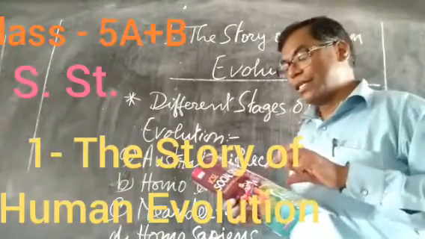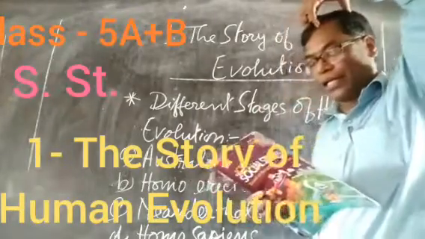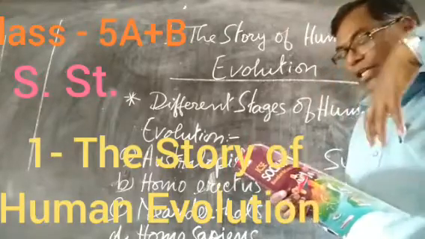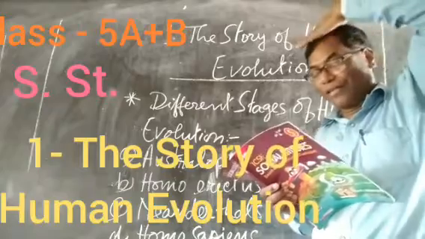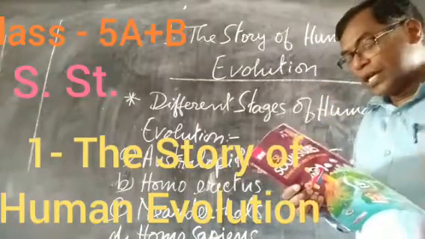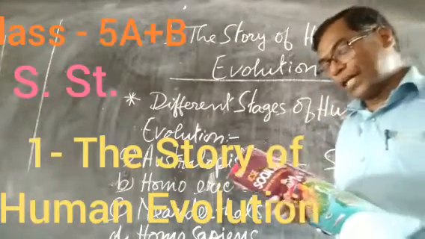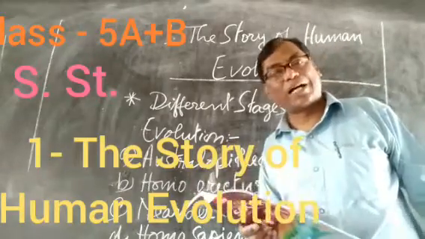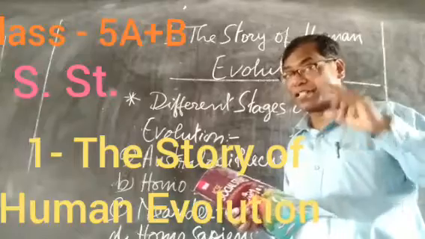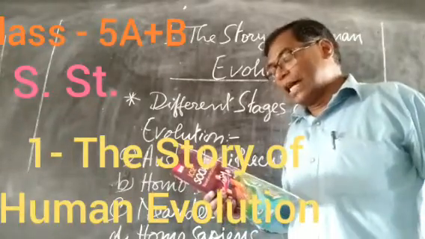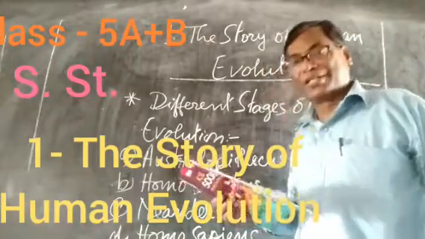Their skulls were thicker. At this stage, the human skull was thick and less rounded on top. Now we have got the round one, but in those days they were flat, maybe pressed down, compared to modern humans. Their brain size was almost the same as that of a modern human. Same brain size, though not as developed.